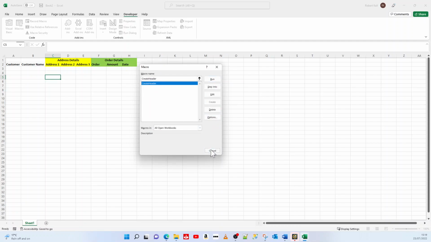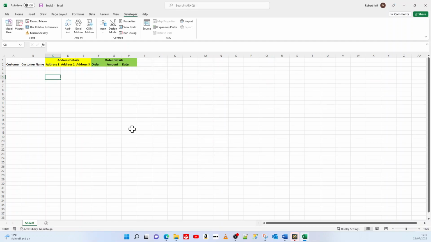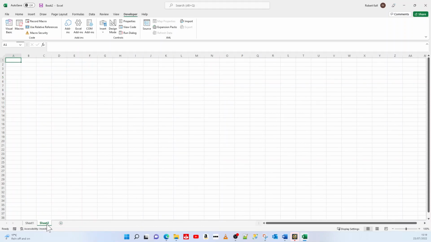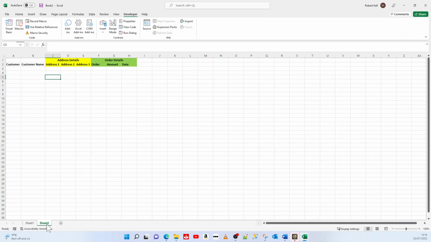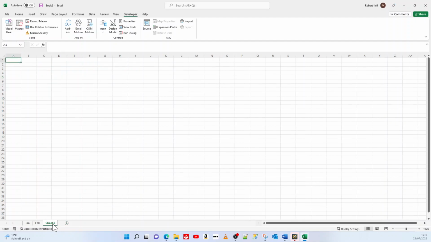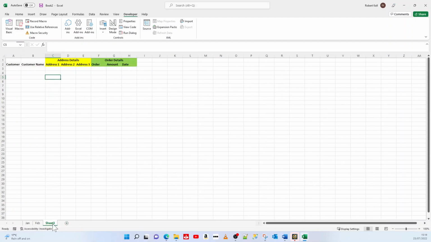For now though, I'm just going to cancel that. Let's just test that our macro works. If I click on a new sheet and I do Control Shift and H, it creates our header. So that's exactly what I want. So that could be January and this could be February. And then if I click on the new one here, Control Shift and H, and there's